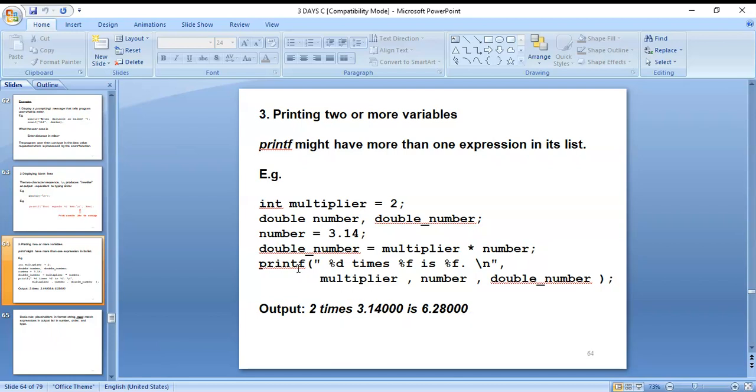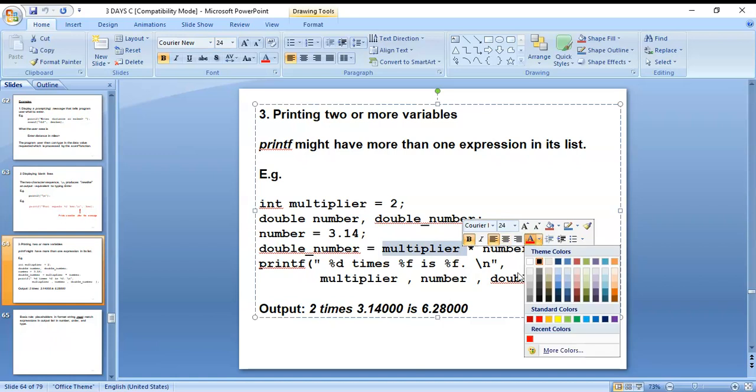That's why here printf percent d times and percent f is percent f. Percent d is the integer number, that one is 2, times percent f, which is 3.14, the double number, nothing but multiplier into number.